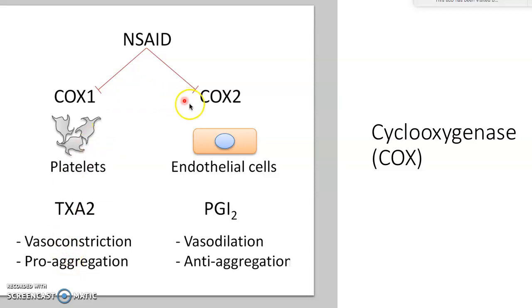On the other side, on the COX-2 side, we have endothelial cells, and these are the cells that line our capillaries and blood vessels. They actually produce prostaglandins, and one that they produce is called prostacyclin or prostaglandin I2, and this one causes vasodilation and prevents aggregation. So two important